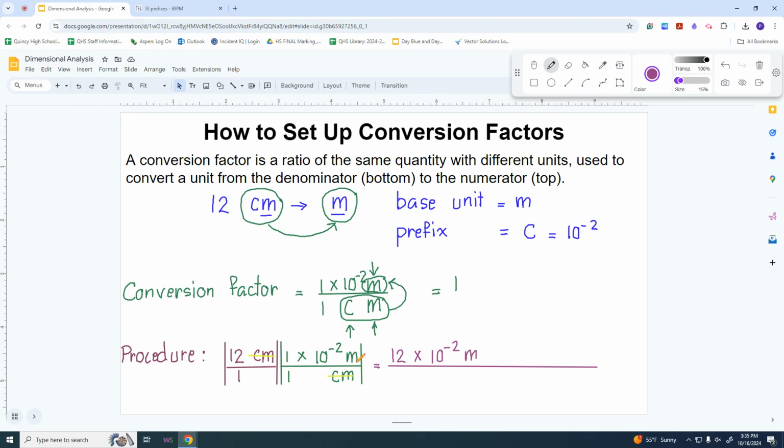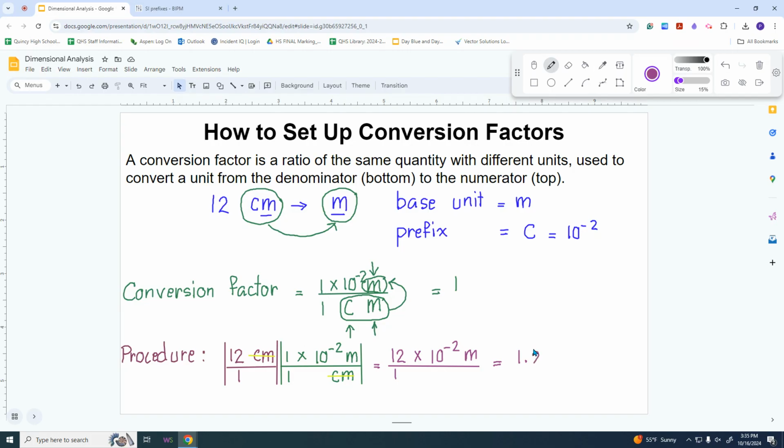Now, nothing on the top anymore. At the bottom is 1. You don't have to write it. You can write it if you want, okay? So this will be the perfect answer, okay? If you can make it to this point, I'm really happy. But to be correct, in scientific notation, the front number has to be at least 1 and less than 10. So 12 is more than 10. So you have to convert it to 1.2.